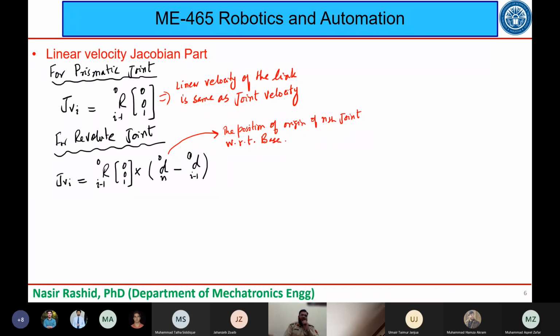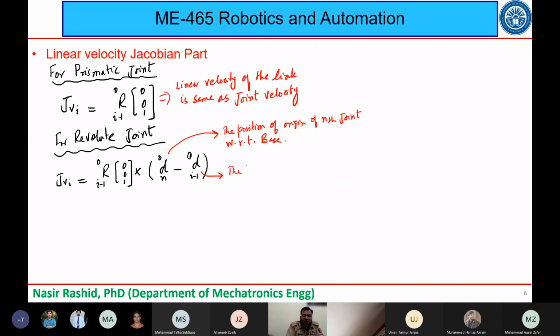ठीक है, अच्छा अब ये मैं क्यों बीच में इसमें लेके आया कि रेवोल्यूट जॉइंट में एक तो उसने रोटेट करना है और उसने अपने प्रीवियस लिंक के साथ मूव भी करना है। अपने प्रीवियस लिंक के रेफरेंस से उसने अपनी पोजीशन को भी चेंज करना है। तो इसलिए ये रेवोल्यूट जॉइंट के लिए जो लीनियर वेलोसिटी है वो इस तरह से डिटरमिन की जाती है। और ये जो इसका सेकंड पार्ट है, दिस वन,